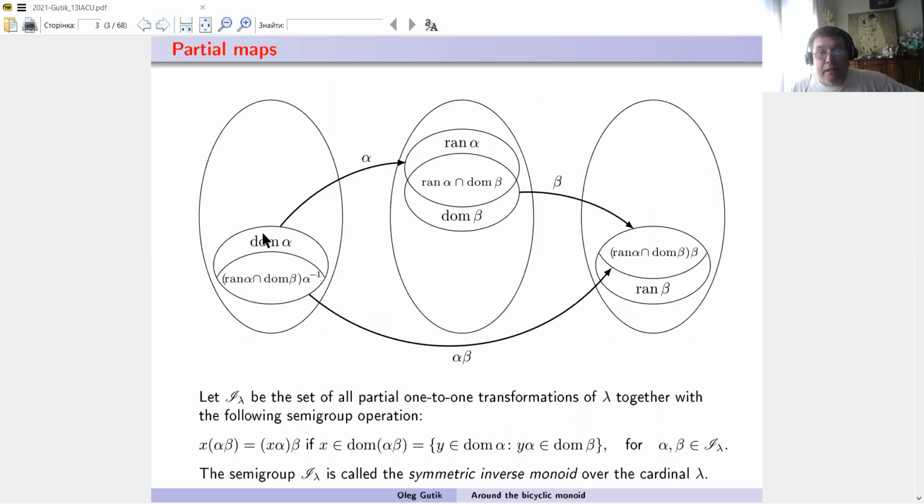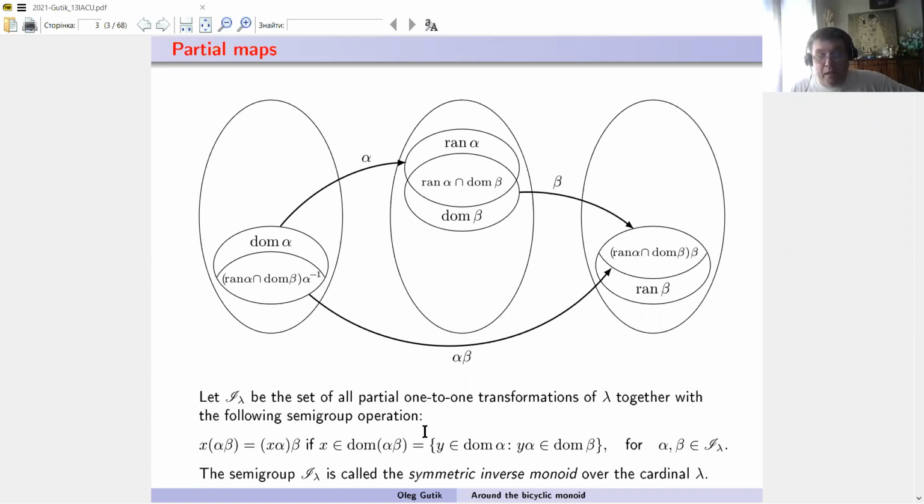So if we have two partial maps alpha and beta from cardinal lambda to cardinal lambda, the composition of such maps is determined the following way. We consider the intersection of the range of alpha and the domain of beta, and the domain of the composition alpha beta will be the full pre-image of such an intersection, and the range will be the image under beta of such an intersection. And by I lambda we denote the set of partial bijective transformations of lambda together with the following